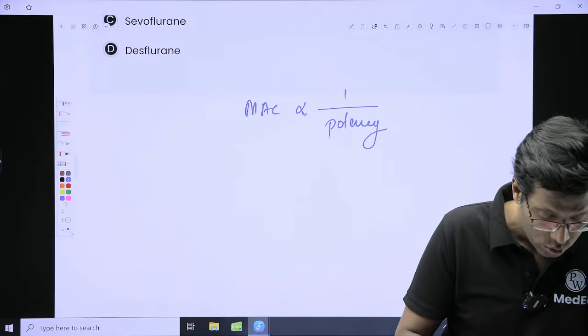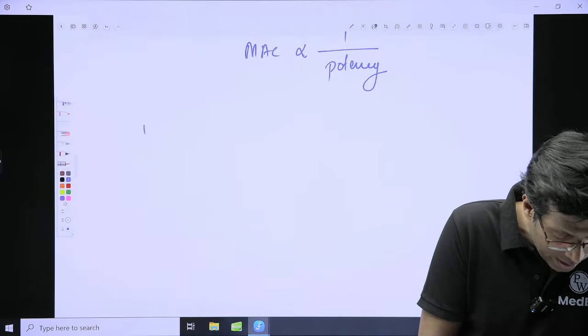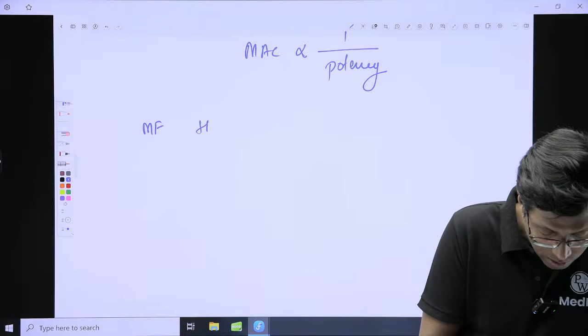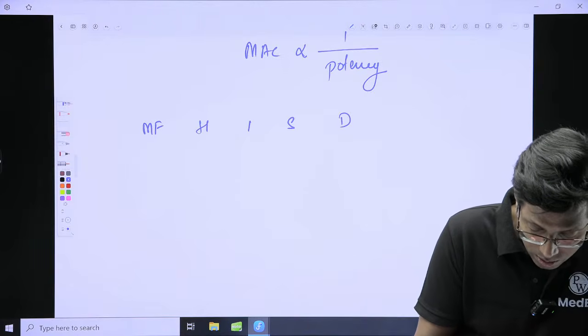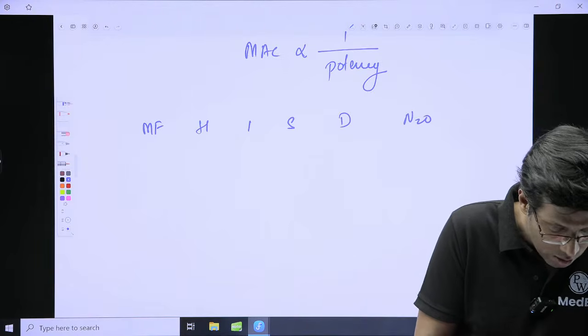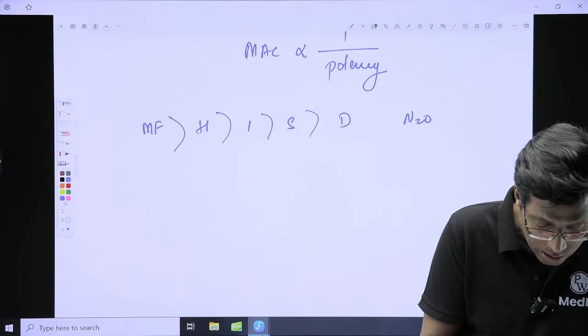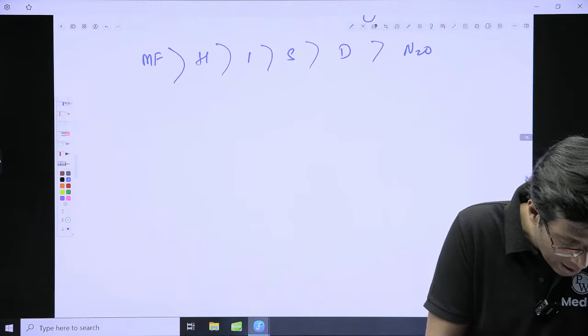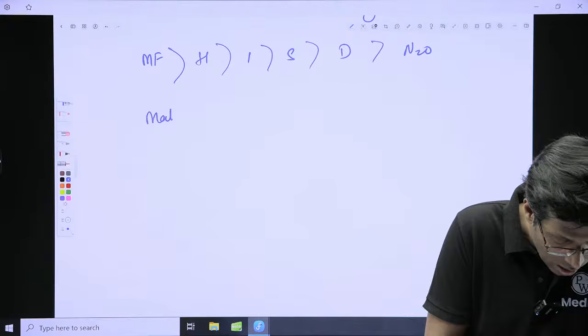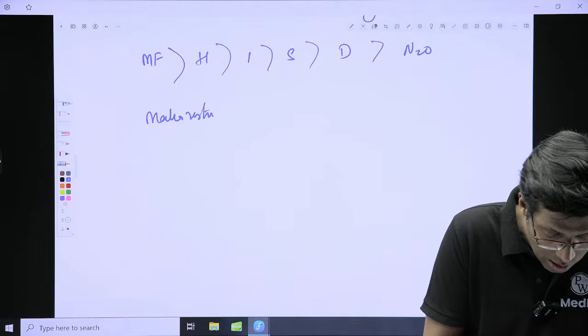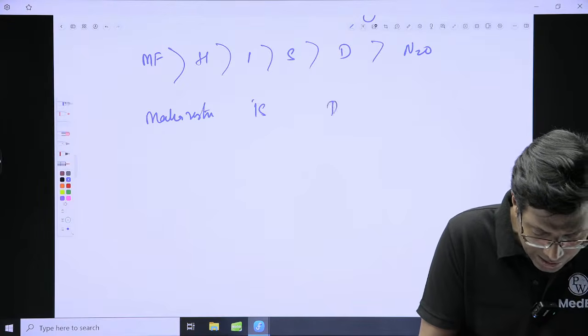All right, so you can remember it like this. You can remember this like MH, Maharashtra, IS is Delhi. No,